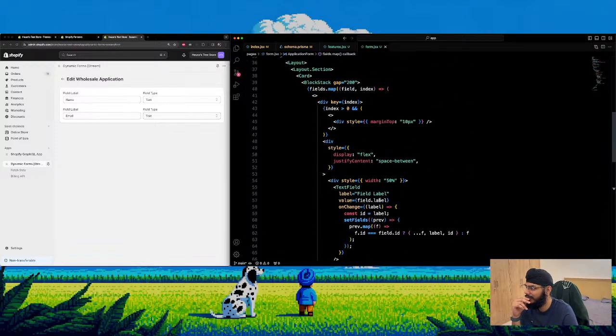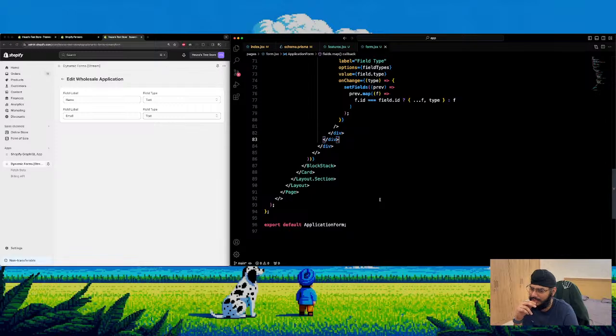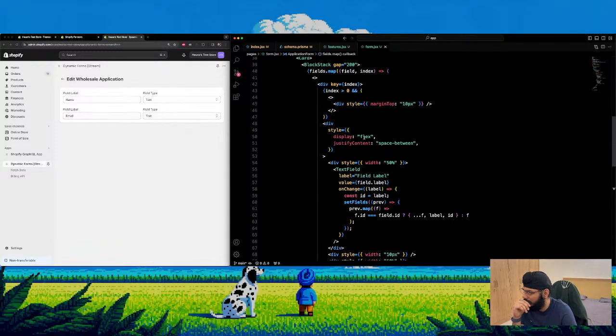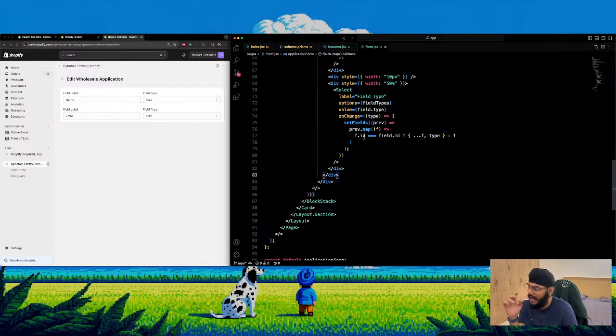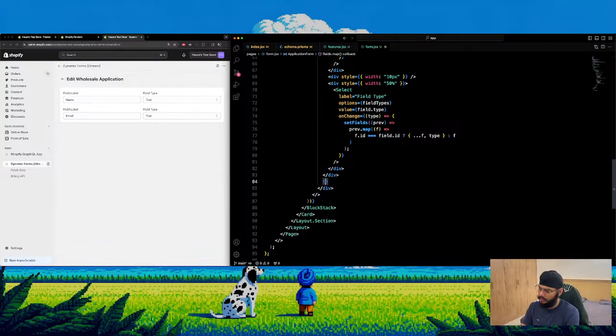So this should be the encapsulating div. Okay, div key index. Now, if I have a drop down, I want to add in a new one. So essentially, what's happening is if it's of type text or number or URL, it's fine. But if it's a drop down, I now want to show a completely new field so you can add in your options, right? And so field.type is drop down,